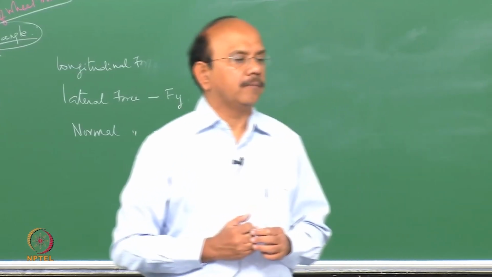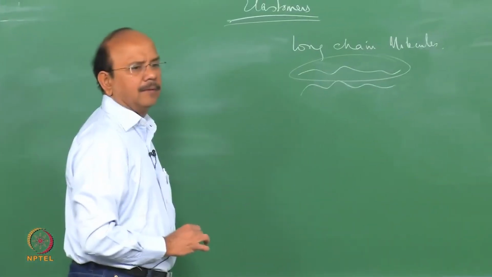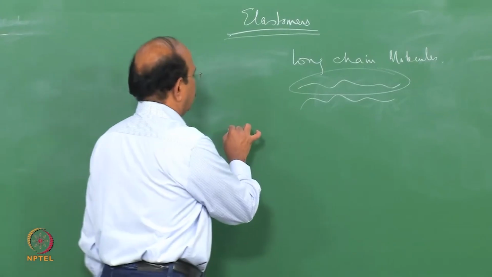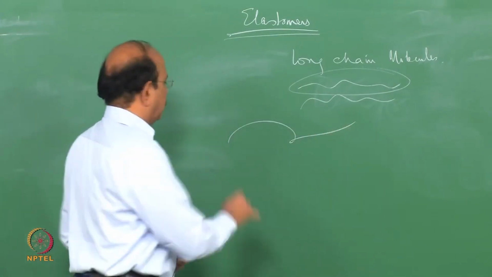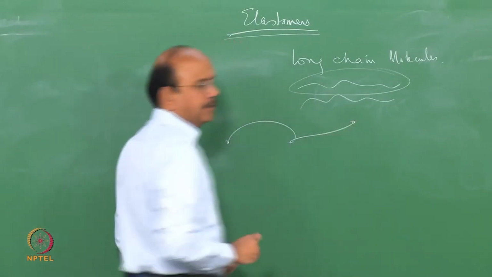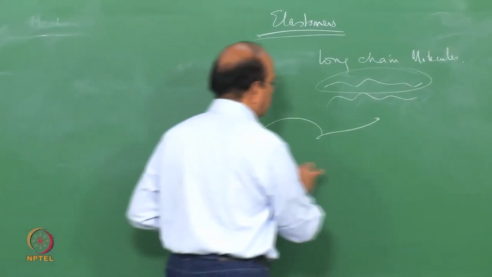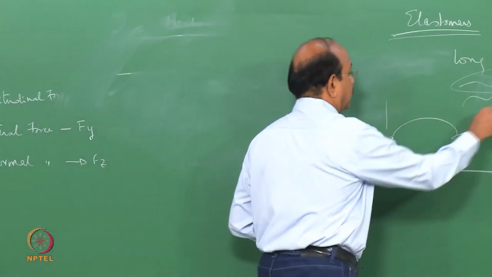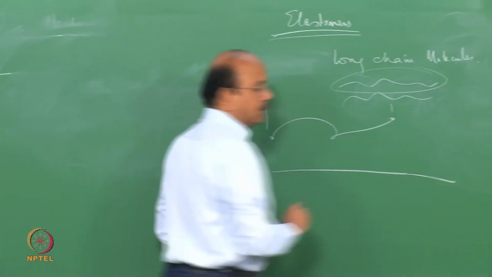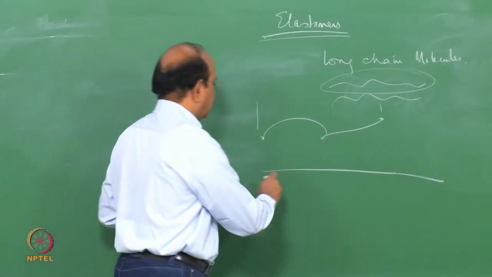Right? Okay. Now, if you look at one molecule, the molecule can be like that. Let's say that I take these 2 points and stretch it. When I stretch it, the length increases. What is length? Note that is the original length. We call that the original length. Now, when I stretch it,